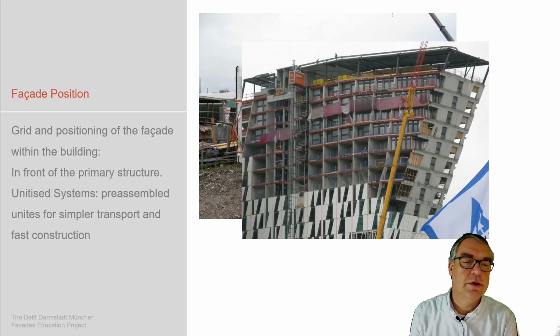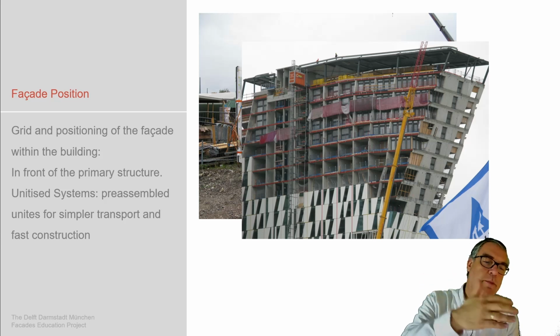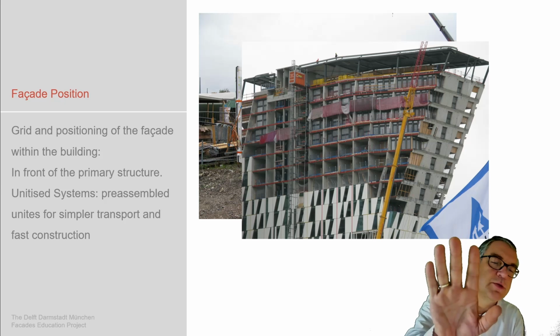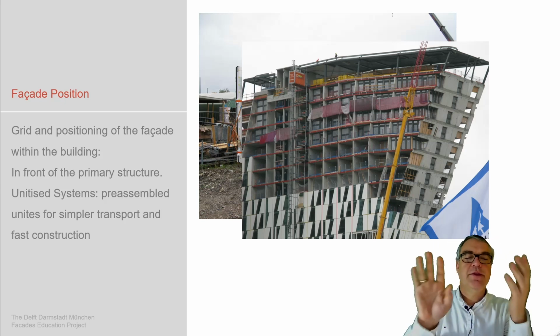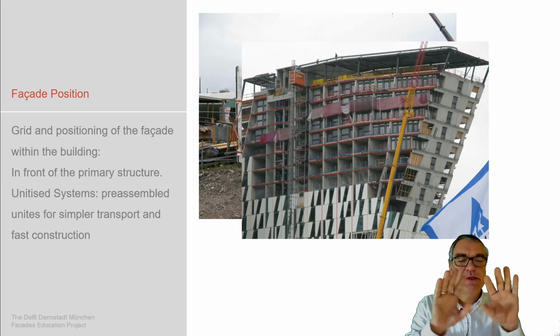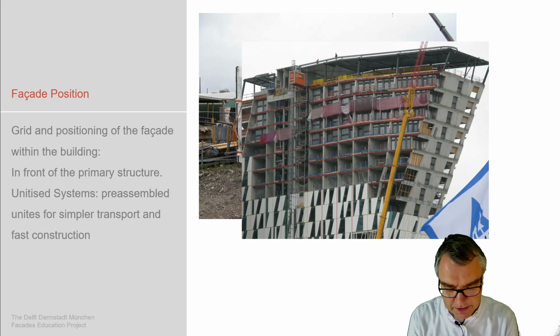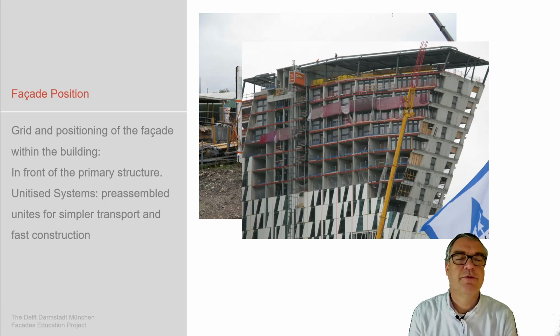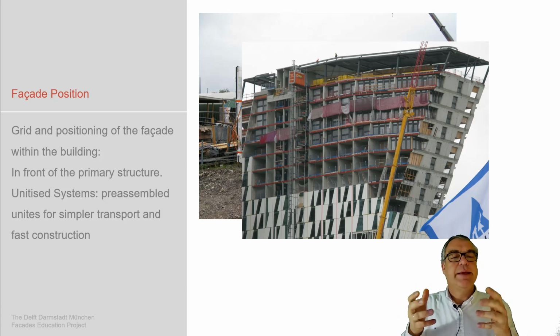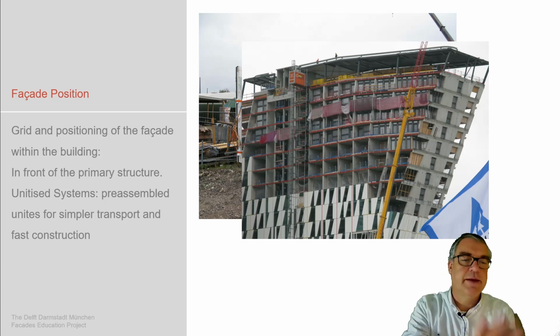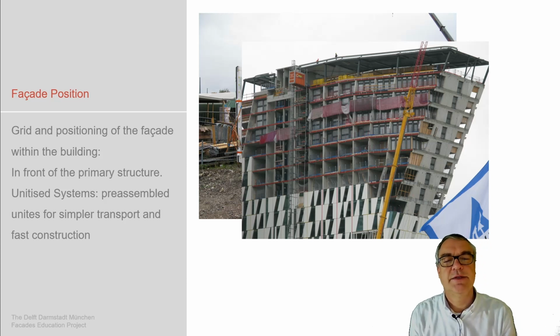Then they're installed. It's done rather simply. It's one person at the crane, one person at the bottom, hooking all the units onto the crane, and then they're brought into position. And then there are 2 or 3 people taking these units in position, fixing them, sealing them, unhooking them, and then the next unit comes into position, which obviously results in a very fast process of installing, because pre-assembly is already done, and we only install these prefab units, and by that are rather fast in getting this done.